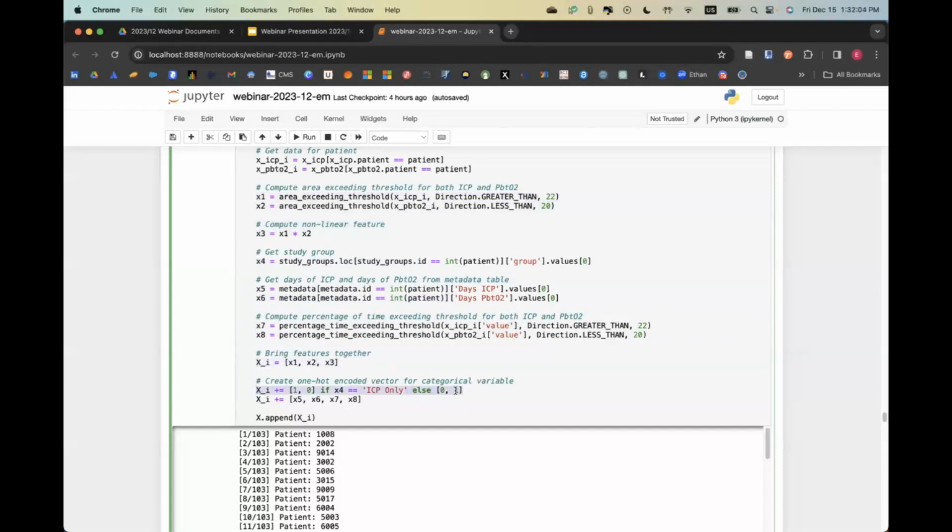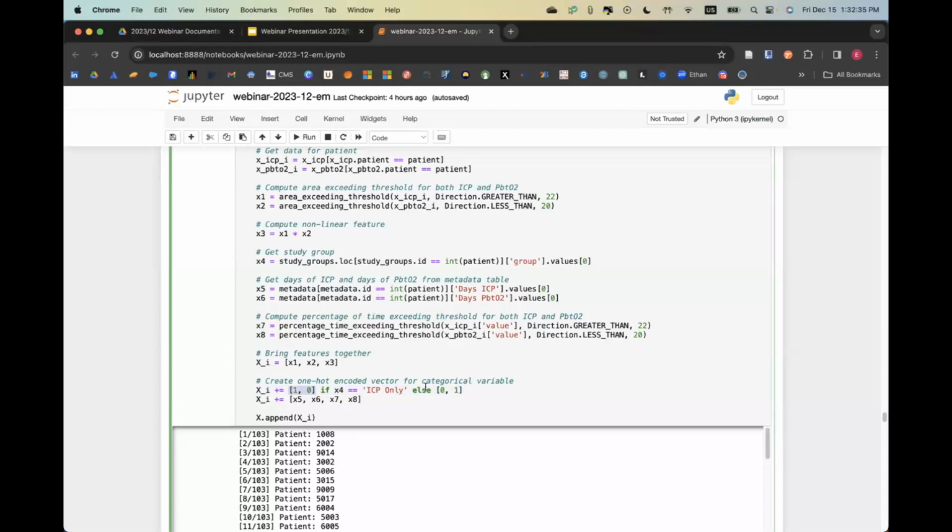So I can't throw a categorical or nominal feature into a neural network because it doesn't know what to do with a string. So I have to either take the categorical variable and assign its levels to values. So maybe like ICP could be 1, ICP and PBTO2 could be 2. Typically, when you have a nominal variable, you want to separate it into a one-hot encoded vector where each level is a different vector.